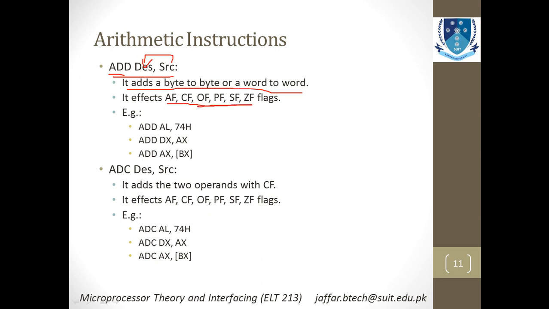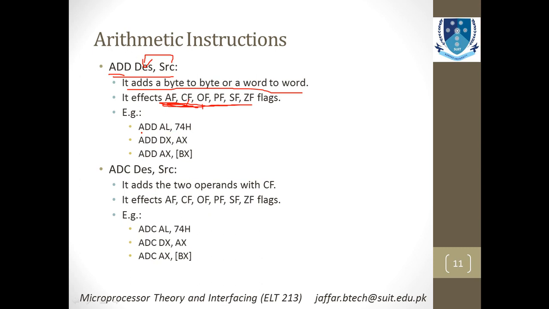These are all flags. Actually, you have learned about different flags in the previous lecture: auxiliary flag, carry flag, overflow flag, parity flag, and so on. There were about seven or more than seven flags in the microprocessor. So this basically affects the processor, addition will actually affect the flags. So let's see some examples.